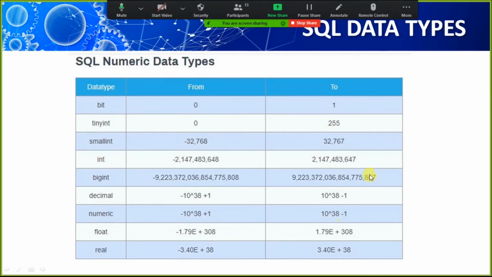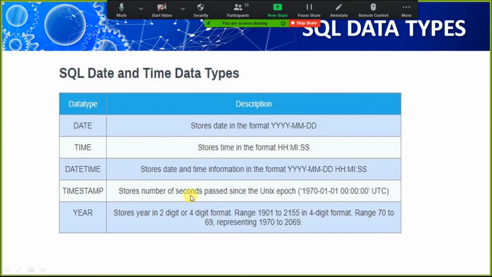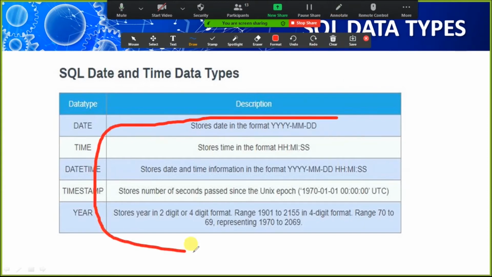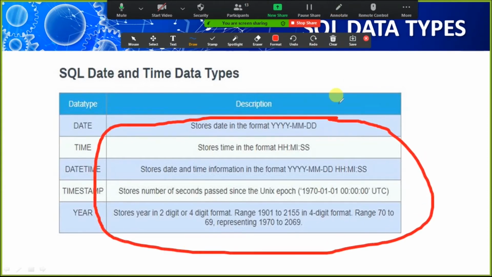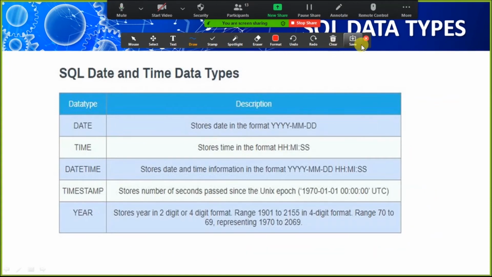These all are the ranges of these data types. Okay. Now next are the date time data types: datetime, timestamp, and year. All their descriptions and formats I have written here in front of them, so you can access them from the PDF which I will share on Google Classroom.